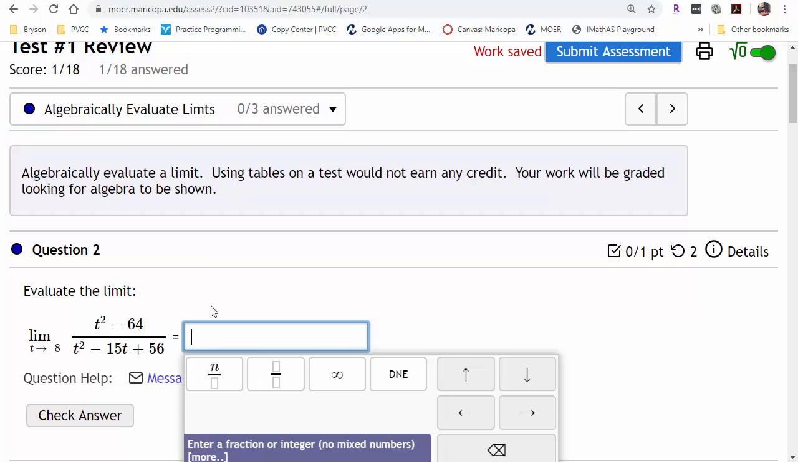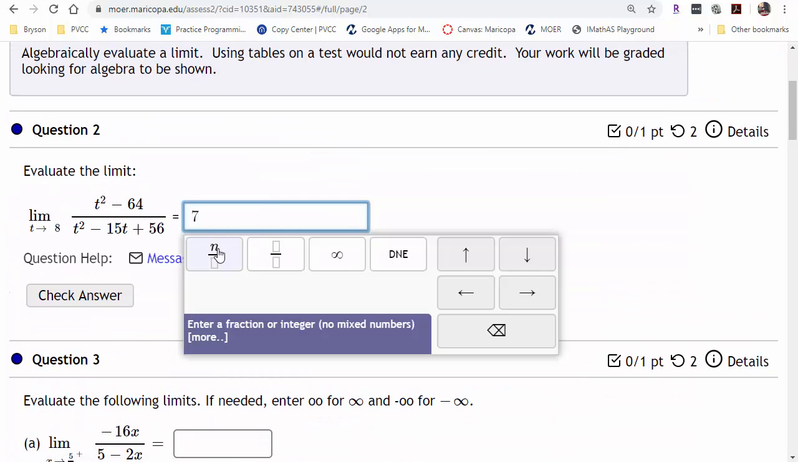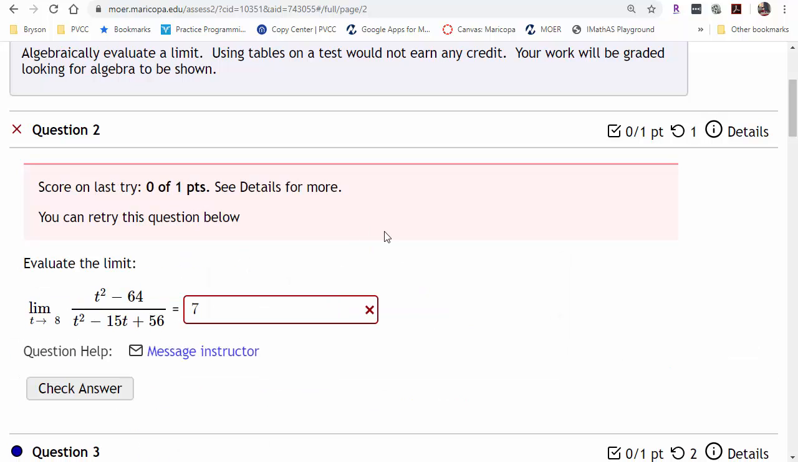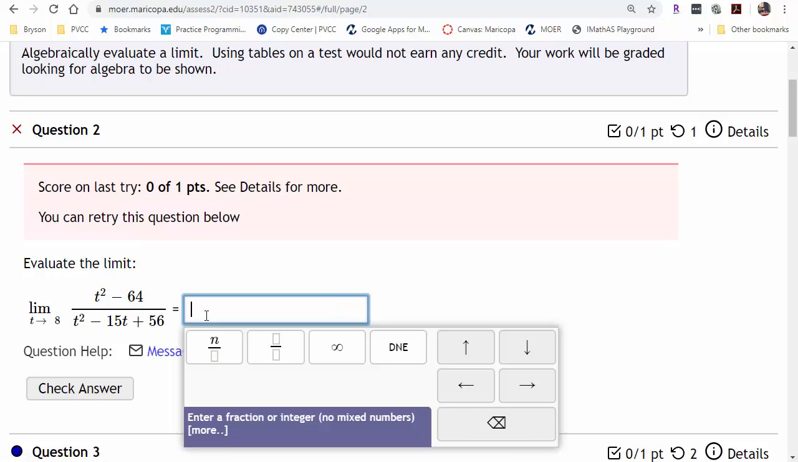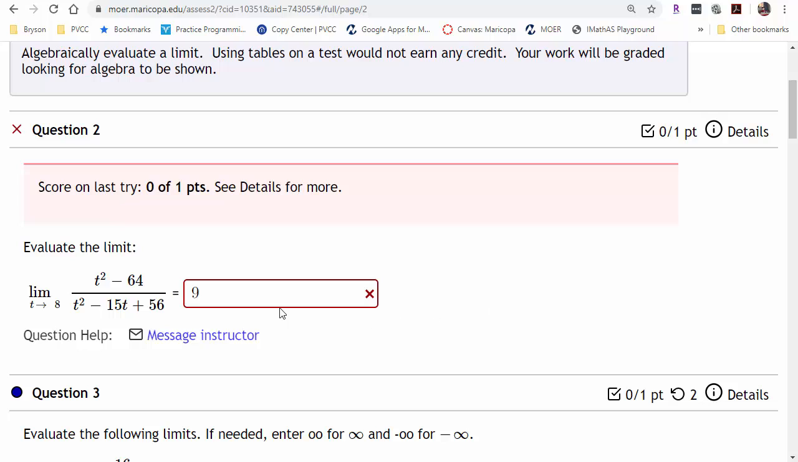So here, I'm going to evaluate limits. So this is doing limits algebraically. So I'm going to go in here and say my answer is 7. I'm hoping that's not right. Yay, I got it wrong. Okay, so now you can see you got my right x. I can keep trying again. 9, check answer. Just like your normal homework. I only gave you 2 attempts,